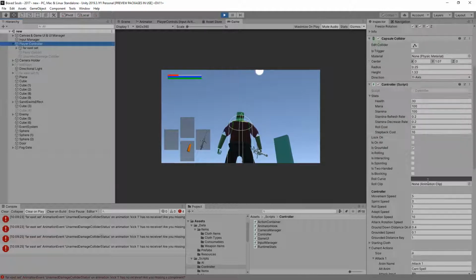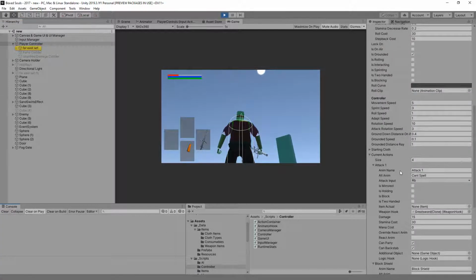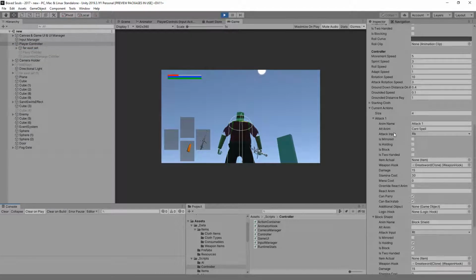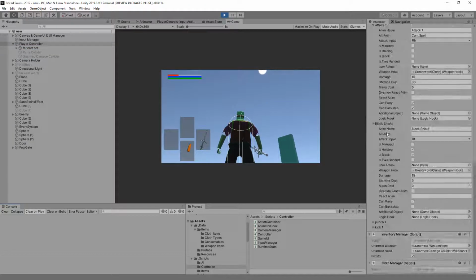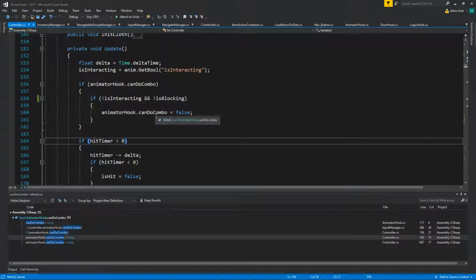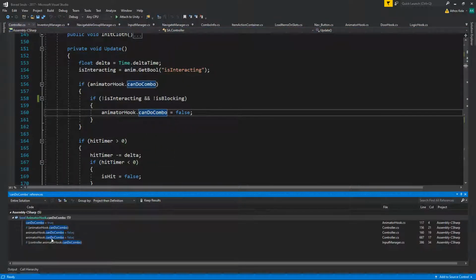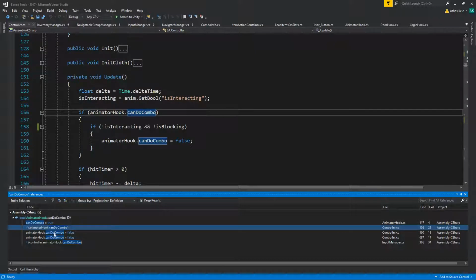Let's see what's happening here. These are for the unarmed, so don't worry about them. Let's see our attacks. We do have our current action. Let's take a look here. So if you can do combo,